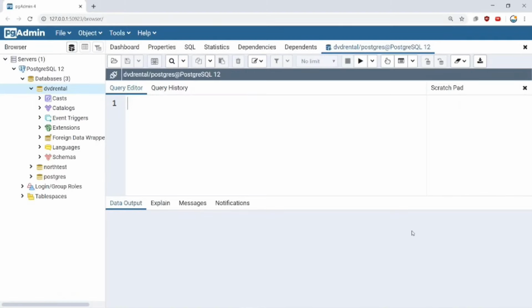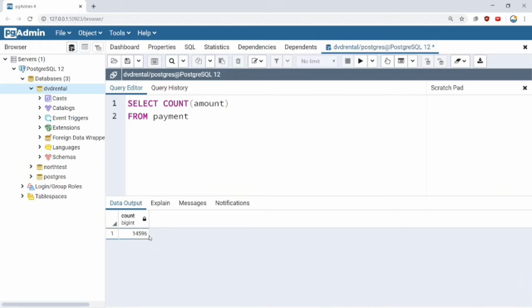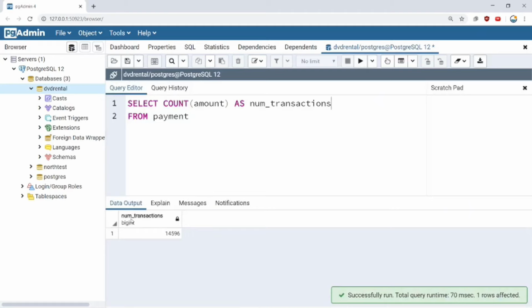Okay, here I am at my query editor. What I'm going to do is say select, and we're actually going to say count the amount from the payment table. If I run this, notice I get back just count as my output. And if I just see this data output without any regard to the query, it's pretty unclear what this is actually counting. So maybe I want to clarify this using an alias. Counting the amount from the payment table is the same as asking how many transactions have occurred. So I can say as num_transactions, run this,